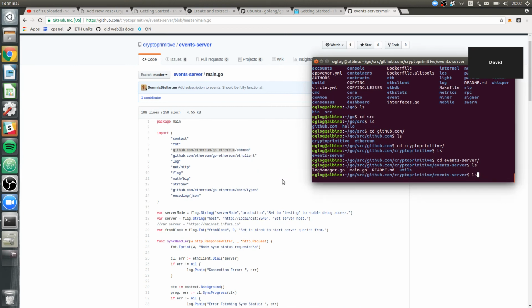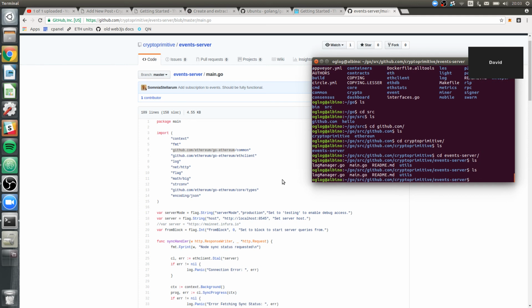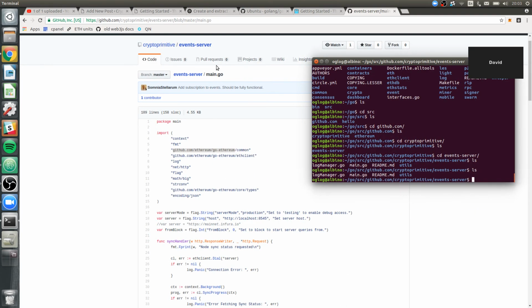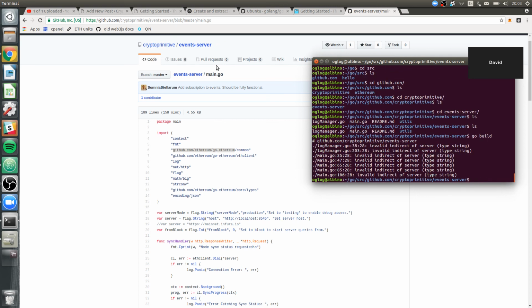I don't think I've ever actually run this myself. I've just tried out the endpoints that you've created for me. So I guess first I gotta build it, right? Is your text editor set up to run a Go environment? I don't think so, not that I know of. Okay. So you would go into the main event server folder on a command prompt, and then if you do go build, it should just build it all and create a